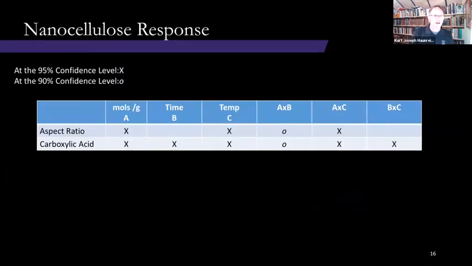Let's see. Okay, so nanocellulose response. This gets back to that question of how you control the material. With aspect ratio, it is only affected by your applied chemistry and temperature. Time doesn't play much of a role in it. And there's a small interaction at the 90% confidence level between APS and time, but it's pretty small. We're not talking about significant changes in aspect ratio, right? So that tells you that there's probably some